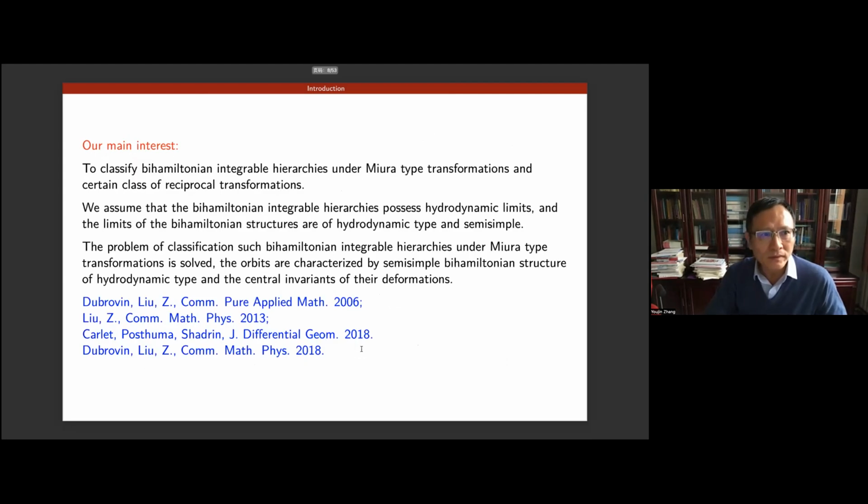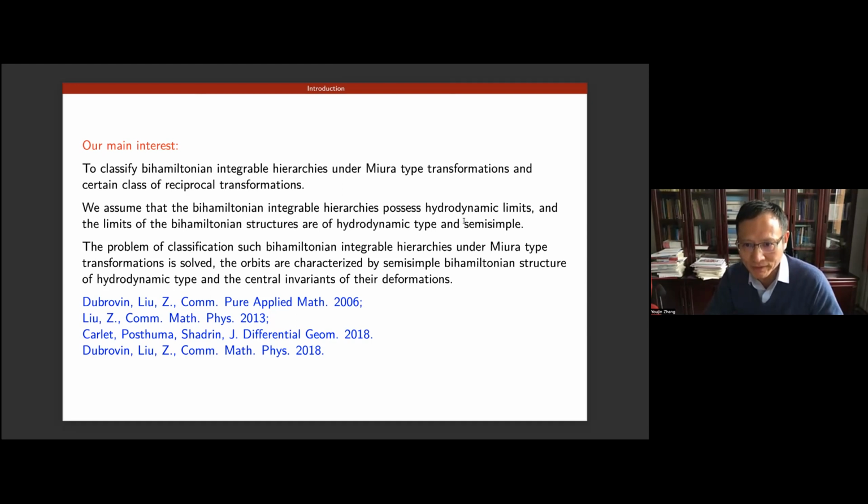So the main interest in considering such reciprocal transformations is to study a certain kind of classification problem that classifies the so-called bihamiltonian integrable hierarchies. We assume that the integrable hierarchy possesses a bihamiltonian structure which possesses a hydrodynamic limit. That means they have a leading term given by a hydrodynamic type bihamiltonian system, and the bihamiltonian structure we require